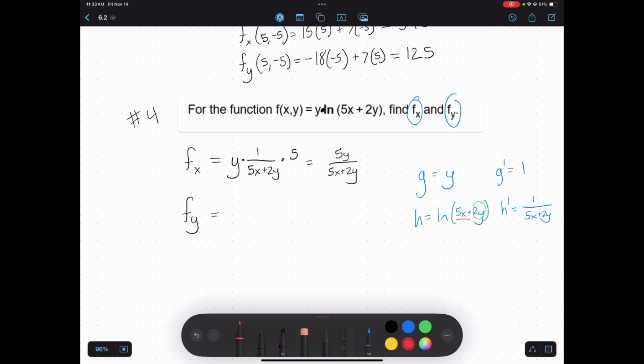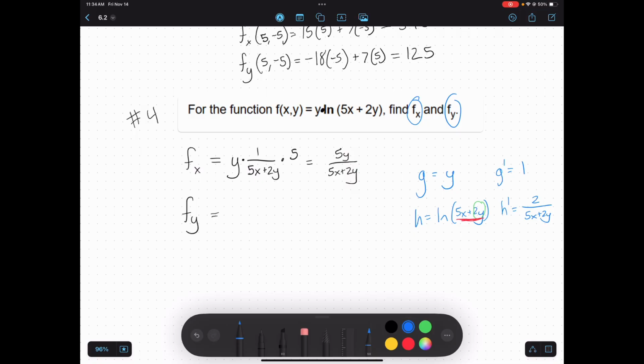Well, the derivative of the inside contains 2 terms. One of them, 5x, doesn't depend on y, so the derivative of that just becomes 0. And then my derivative of 2y is just 2. And so I'm going to have all of this multiplied by 2,